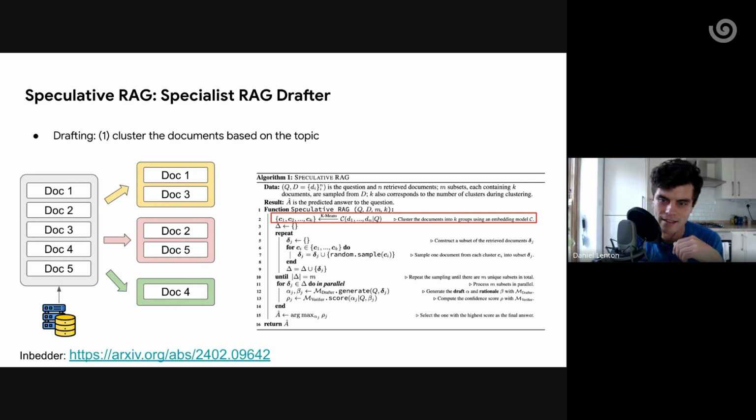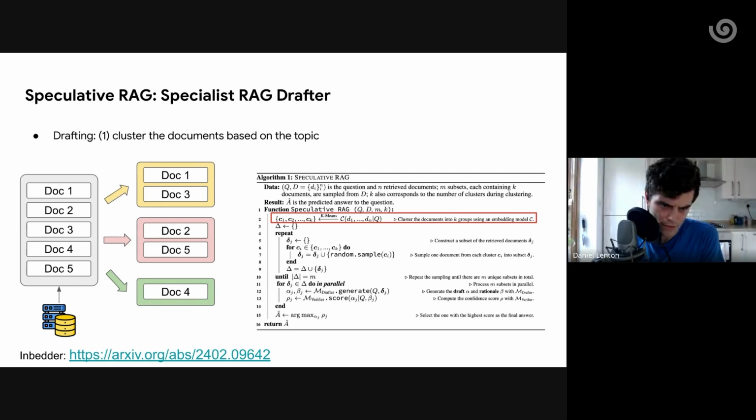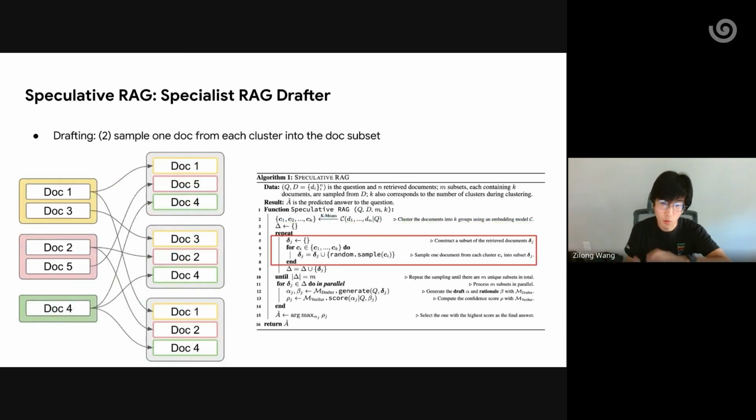Yeah, so it's also kind of relevant to our experiment setting, because we are comparing with Self-RAG and many other baselines. We have to use the same retrieved documents with the same retriever, right? So we just borrow their retrieved documents. They publicized the documents they are using. There are 10 documents here. We use this embedder, I have the link here, to cluster these documents into several topics and select one document from one cluster into